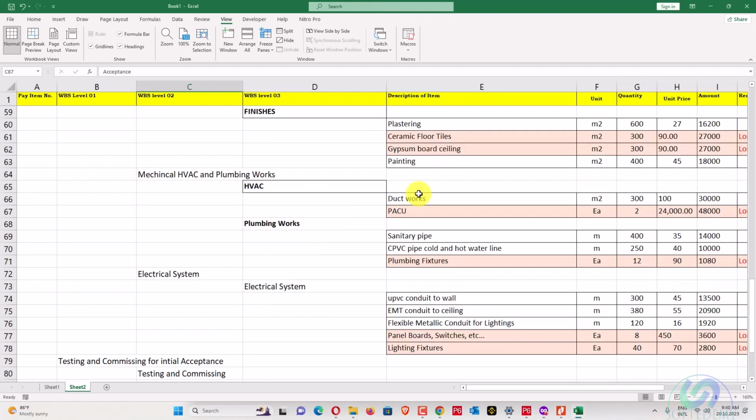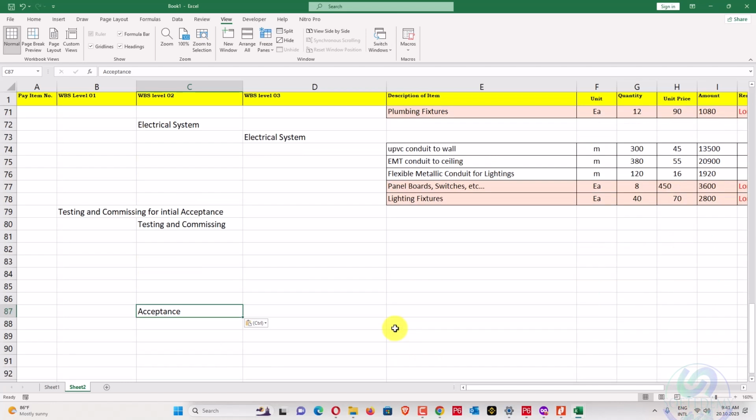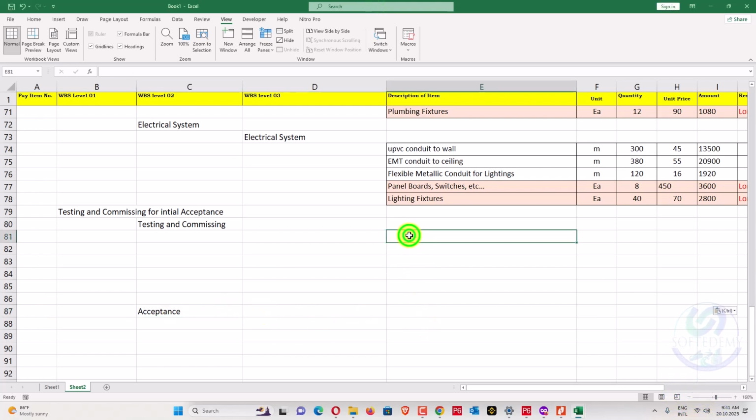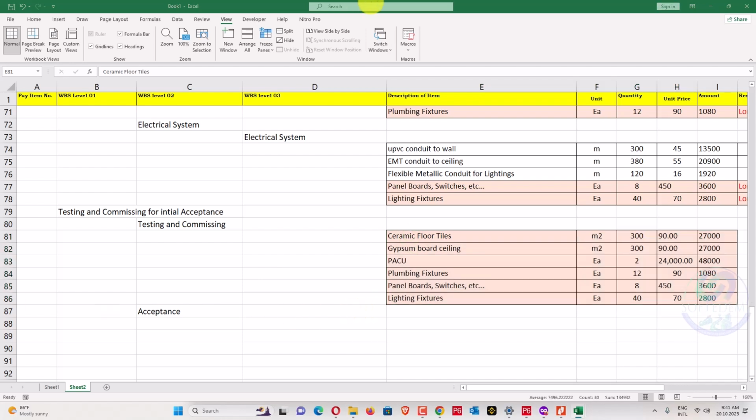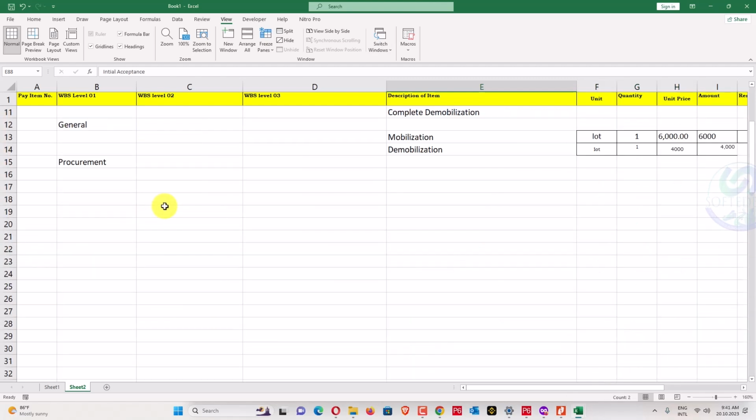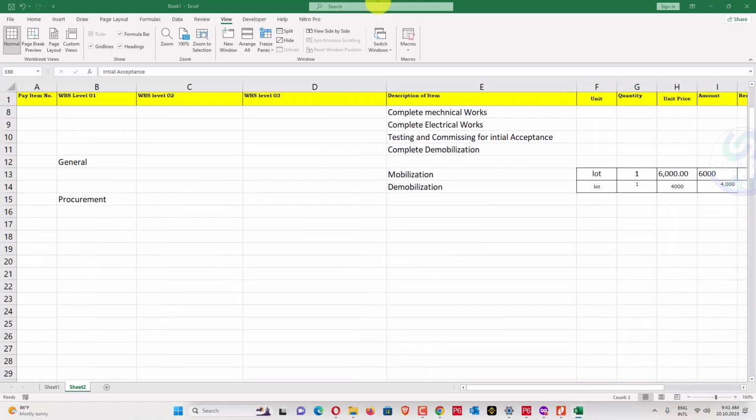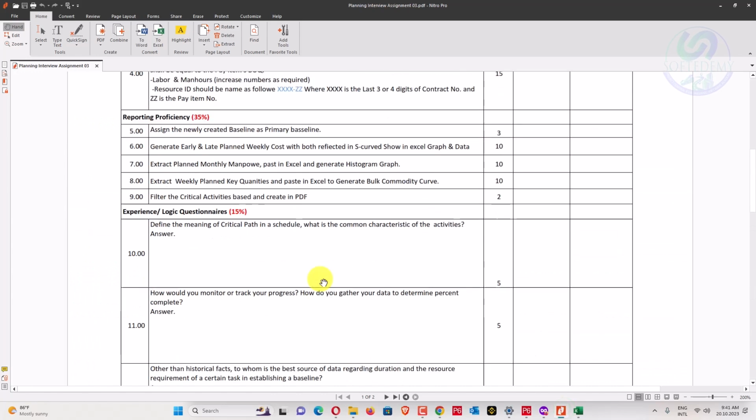And just for that one we have this long lead item, like this one, 2 activities, this one, 3, 4, 5, 6, we'll copy and paste there. With quantities also, we'll paste below. I will tell you why I am copying quantities also. And in acceptance, we have initial acceptance and final acceptance. We have just left procurement, and in procurement I have shown you in this one what the 3 steps in procurement are.